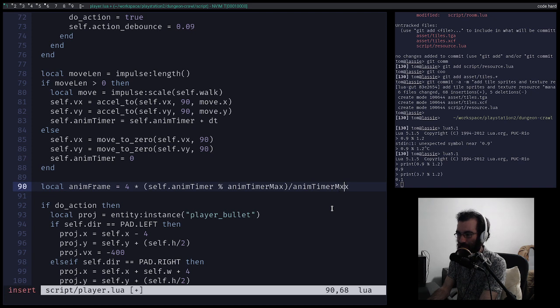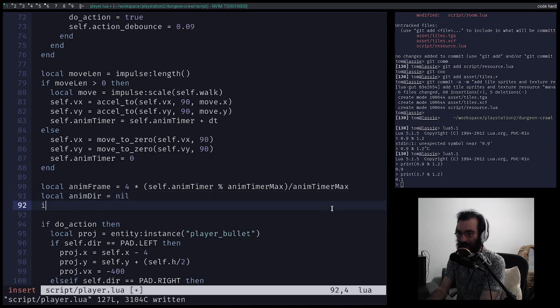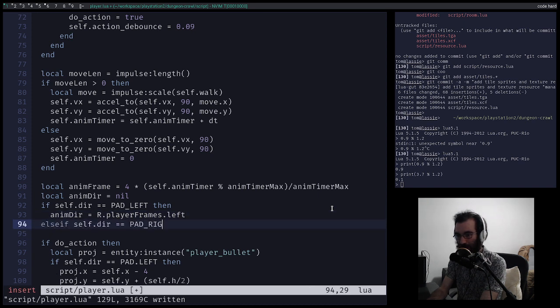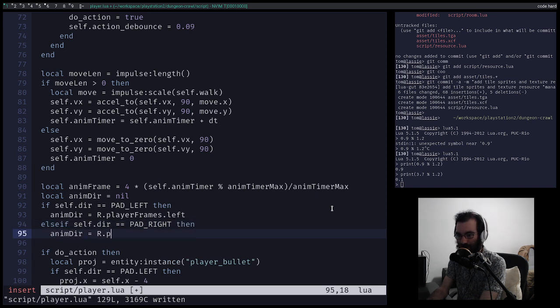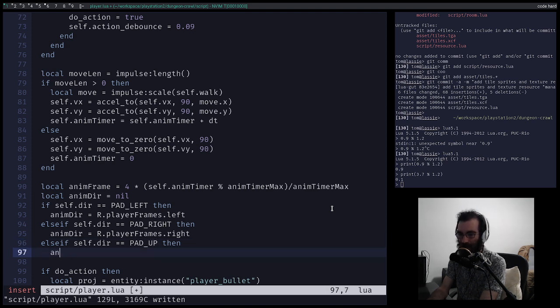Timer max. Okay, here we go. So what frame are we on? And then we grab a frame. So let's go local anim dir equals, so if our direction is left, then anim dir equals r.playerFrames.left. Else if self.dir is pad right, then anim dir is r.playerFrames.right. Else if self.dir is pad up, then anim dir is